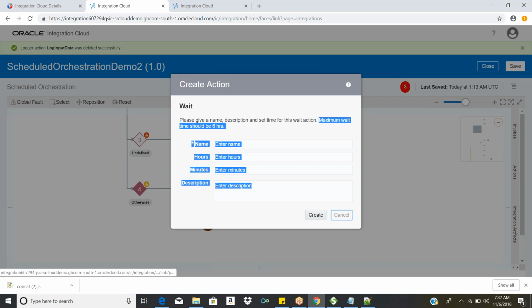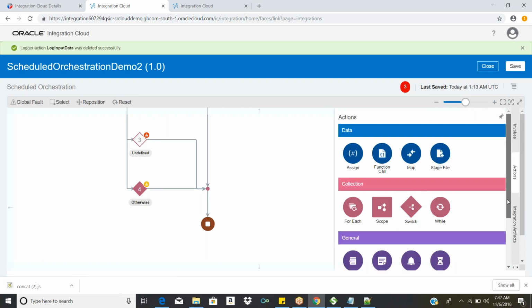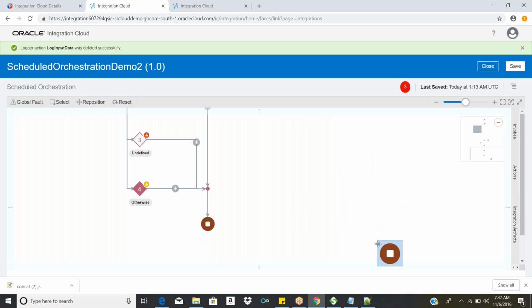And the last thing is end actions. Sorry, not error actions, end actions. This action is already there, right? When you create the integration, if it is a scheduler integration, it will come automatically. After executing all the action items you define inside your flow, at the end, if you want to stop the flow, just use the stop activity. This is the stop activity. You need to drag this one.